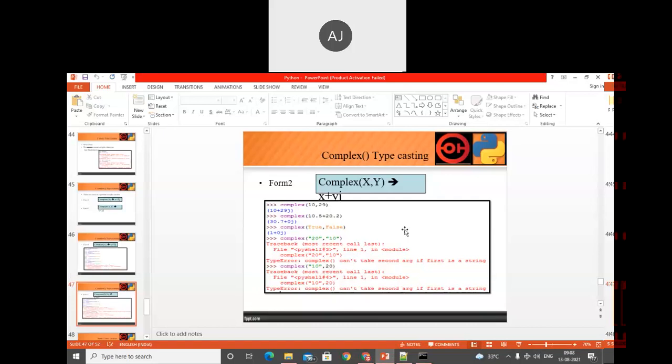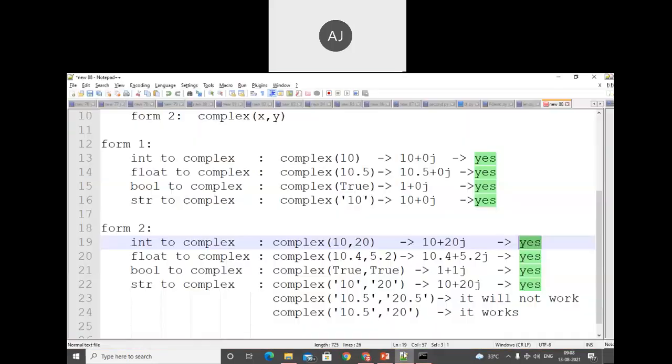Simply, we can say that it will not work if both values are strings. Okay, so we'll update this statement.